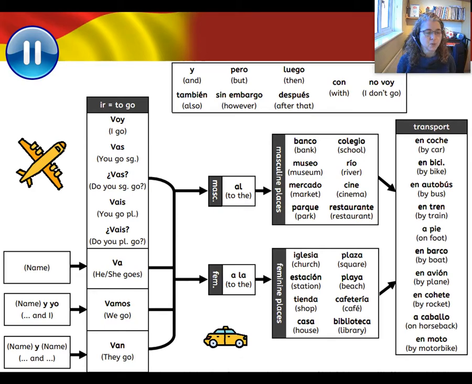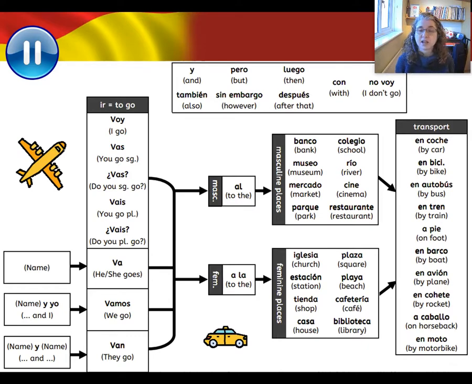So, for example, if I wanted to say Elena goes to the museum by bus, I would go Elena va al museo en autobús, following the arrows. Can you see at the top? You also have some really good core vocabulary that's going to help you to join sentences together and to add in some extra detail. So you've got your conjunctions, y, también, and also, which do a similar job in a sentence. You've got pero and sin embargo, but and however, they do a similar job in a sentence too, don't